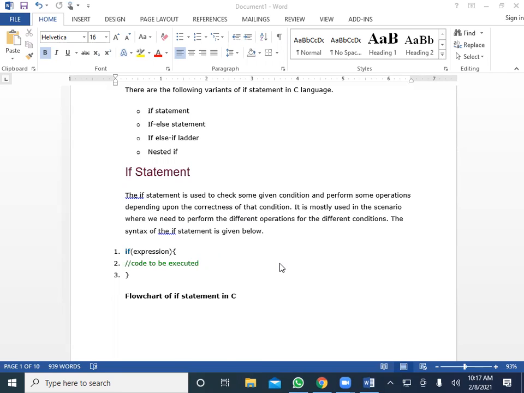So when we use the if statement, if we want to check the particular condition, and if that condition is true, then we have to perform some operations on it. At that time, we use if statement. So let's see the example. When we say that the person is eligible for vote,